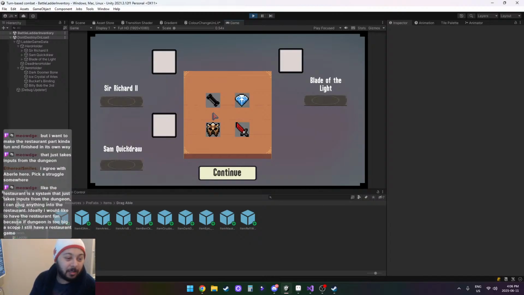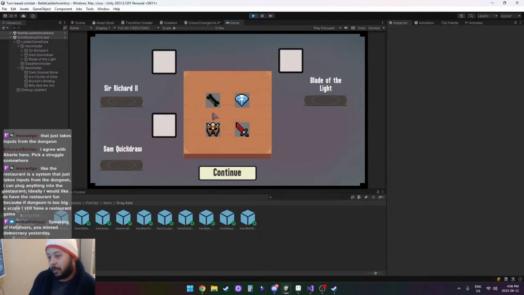The restaurant is a system that is just taking inputs from the dungeon. I can plug anything into the restaurant. Ideally, I would like to have the restaurant be fun because the dungeon is too big a scope. I'll have a restaurant game. Then I would make the...